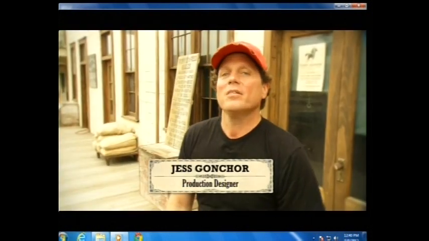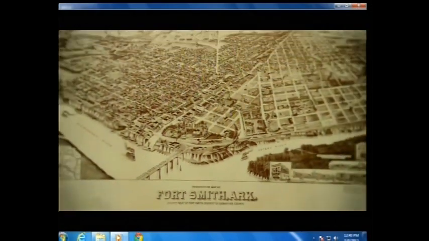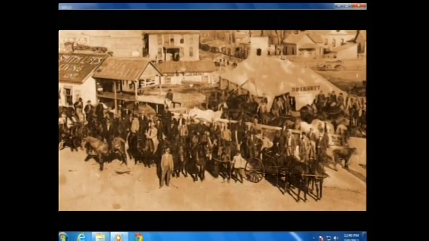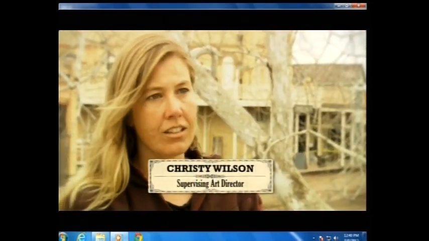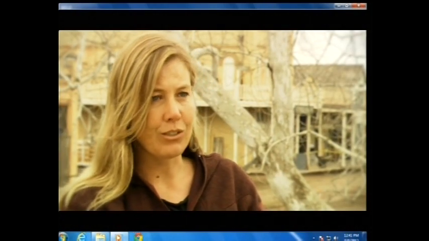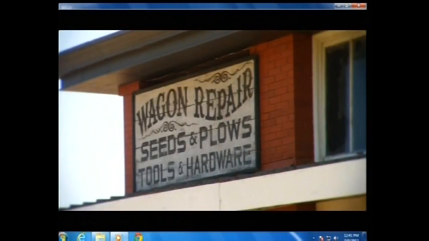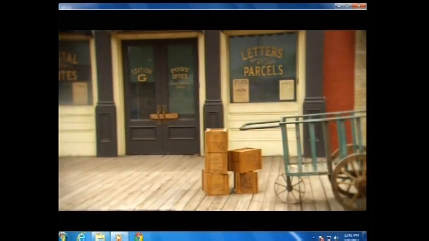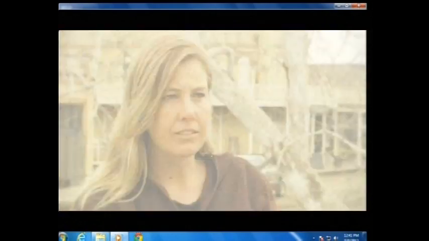In this particular location, we're recreating Fort Smith, 1875. We were fortunate because there's a lot of existing reference material on Fort Smith, Arkansas, and a lot of reference on towns of the time. One of the challenges is most of that reference is black and white. So for us doing a color film, we want to make sure that we're doing something that plays into the time period, but also the look that we're trying to achieve. We spent a long time referencing colors that would be appropriate for the period.